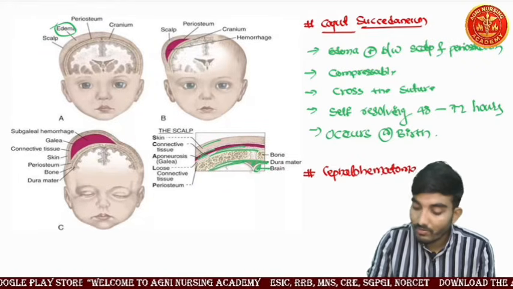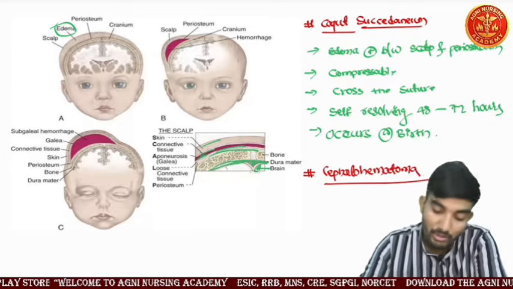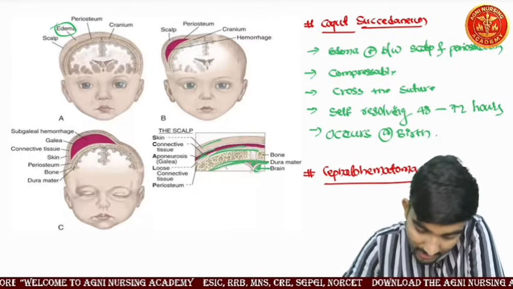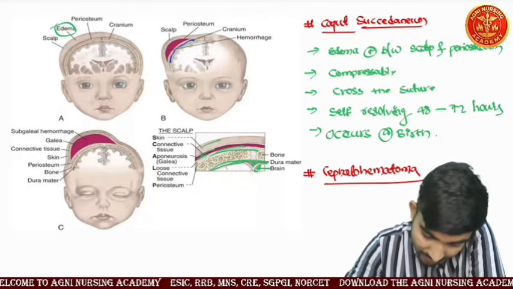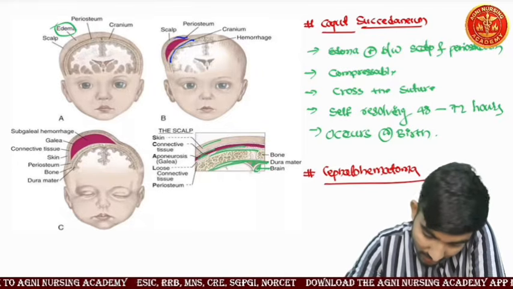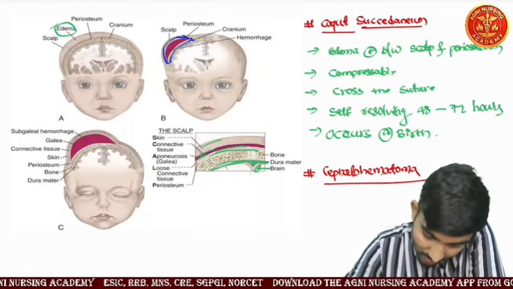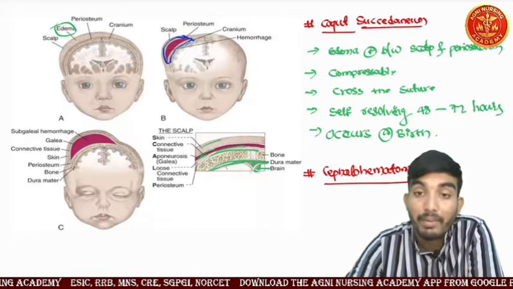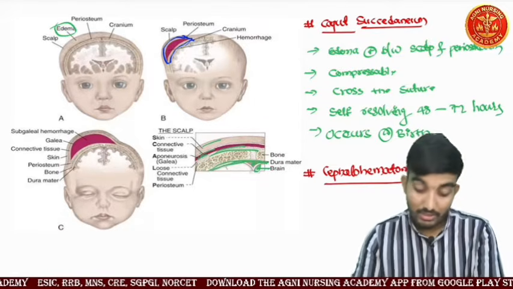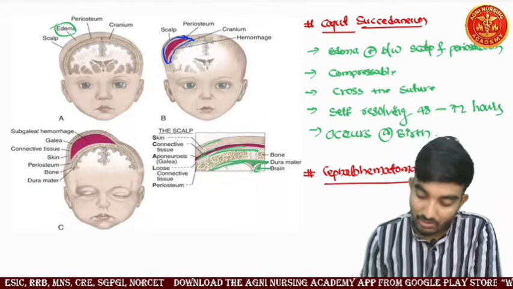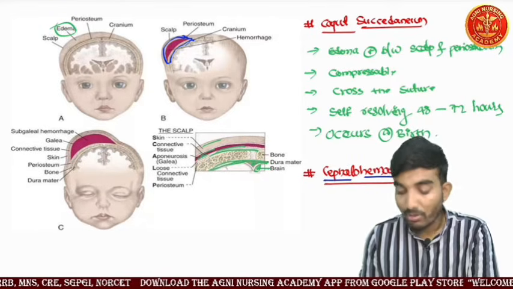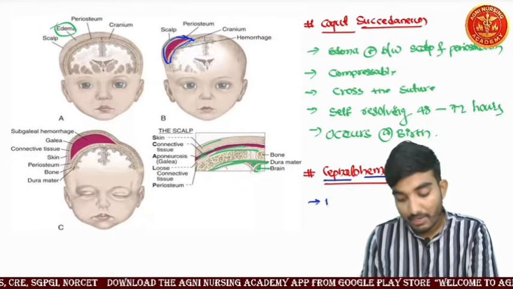Cephalohematoma. In cephalohematoma, there is bone, and the bone is covered by a layer called the periosteum. The fluid between the bone and the periosteum layer is blood. In the name itself, cephalon means head and hematoma means blood. Blood collection between